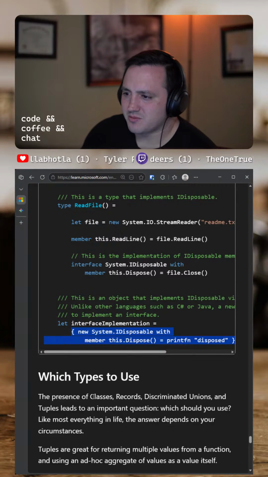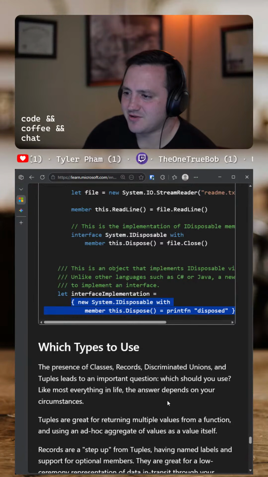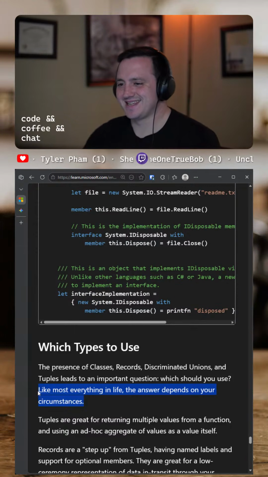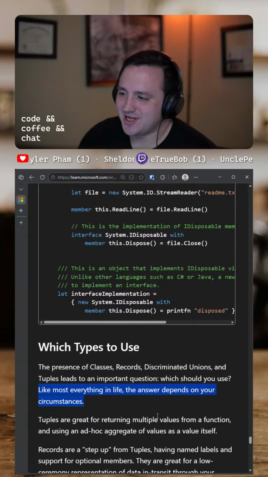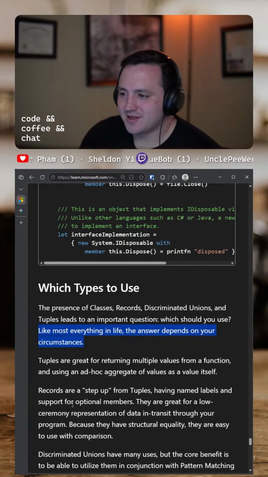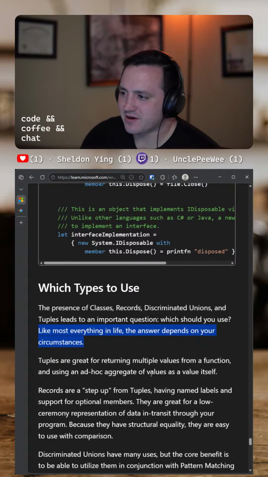Which types to use? The presence of classes, records, discriminated unions, and tuples leads to an important question. Which should you use? Like most everything in life, the answer depends on your circumstances. I hate that answer, but it is the right answer. Let's see. Tuples are great for returning multiple values from a function and using an ad hoc aggregate of values